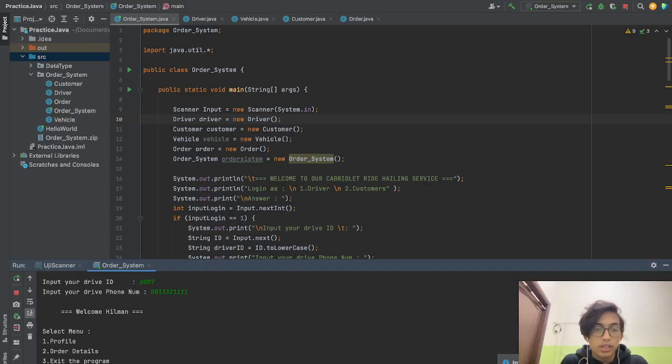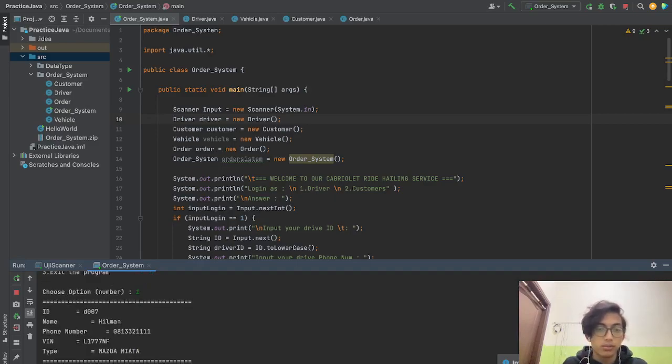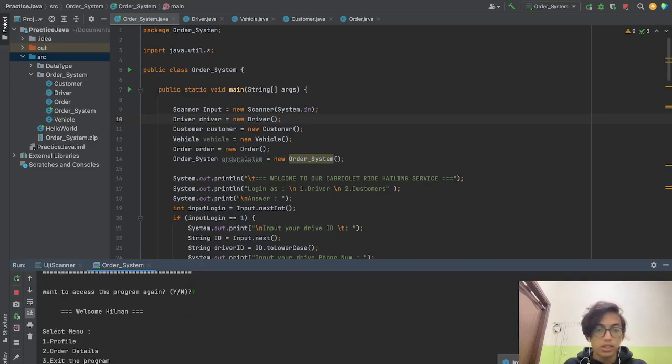The first one is display profile, which if we click on it, will display the driver ID, driver name, driver phone number, and the driver's vehicle, which here is the Mazda Miata, along with the vehicle identification number. And let's go with the second function, which is the order details. The last one is the exit program.